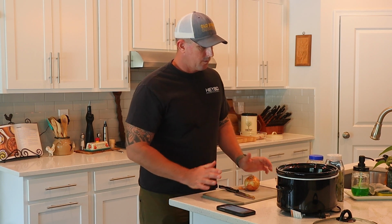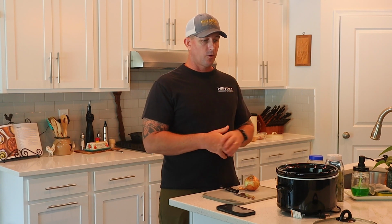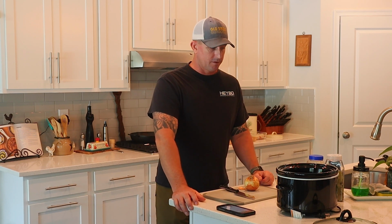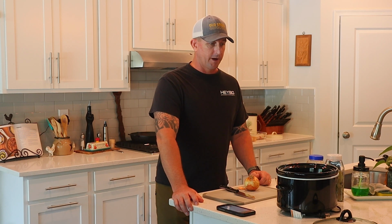So, this is the first step. You can do this on the stove, simmer it, or you can do it in the crock pot, which is what I'm going to do. It's essentially the same thing. I just don't have time to sit here for the next 3 to 4 hours and keep an eye on something on the stove, which is usually the case. So for on-the-go type cooking, which is what I'm calling this,